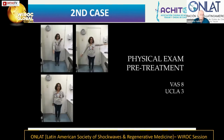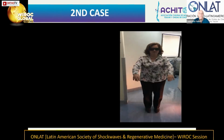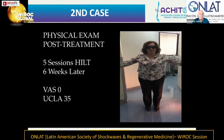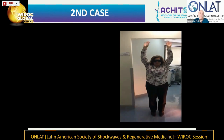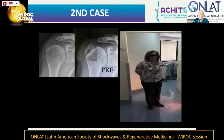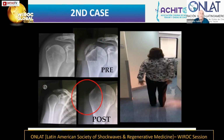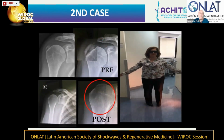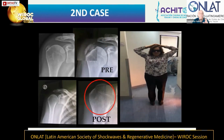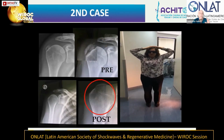Here is the patient with a lot of problems with the movement. After 5 sessions of high intensity laser therapy, and 6 weeks later, the pain was gone. The UCLA score is at the maximum, and you can see the woman moving the shoulder completely without pain. Here is the first, and here is the last, the post-treatment use of high intensity laser therapy. So in this very pro-inflammatory problem, you have to use something for the inflammation more than for the